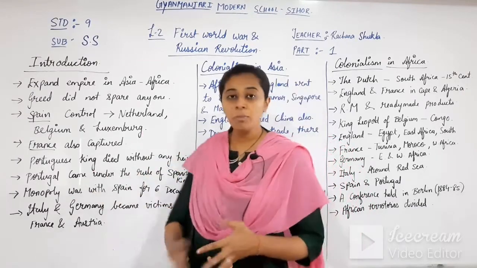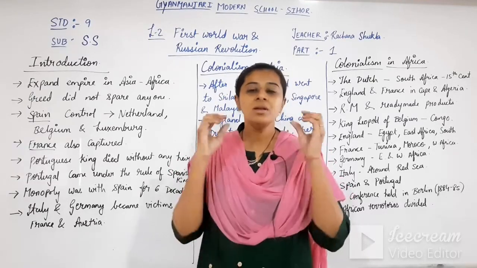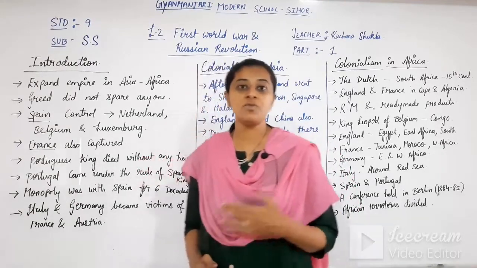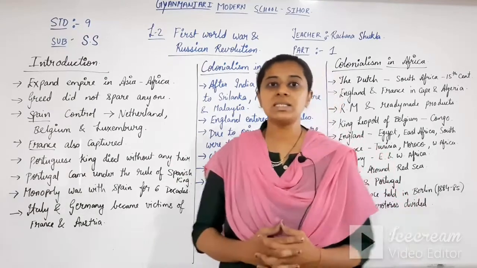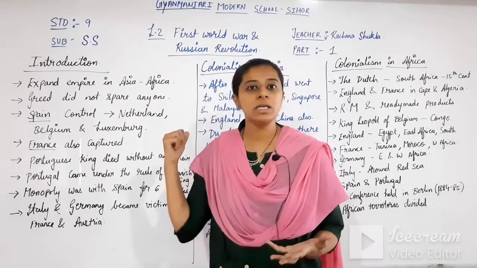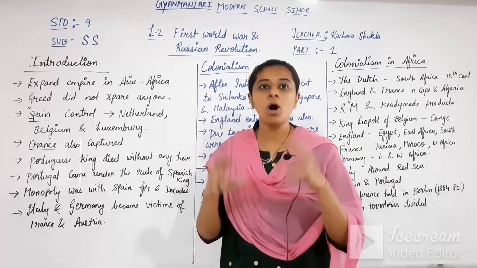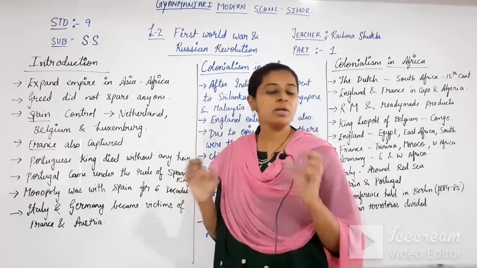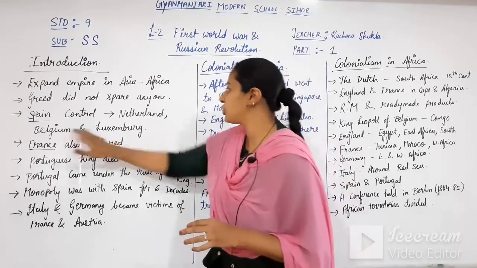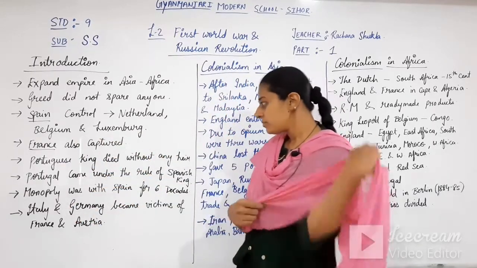Again, the monopoly of capturing and controlling the small European countries was with Spain for more than 6 decades. We are talking about decades; 1 decade means 10 years. So almost for 50 to 60 years, Spain was powerful in Europe. Spain was going on capturing the small countries, her neighboring countries in Europe. She had already captured Netherlands, Belgium, Luxembourg, then Portugal also, and then Italy and